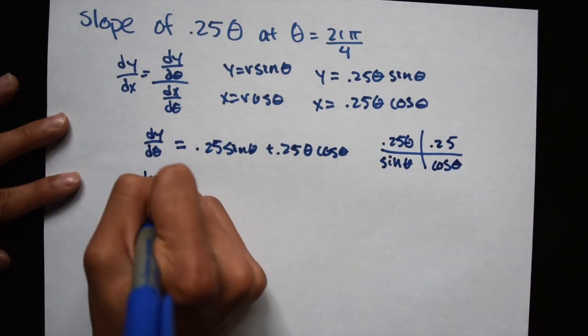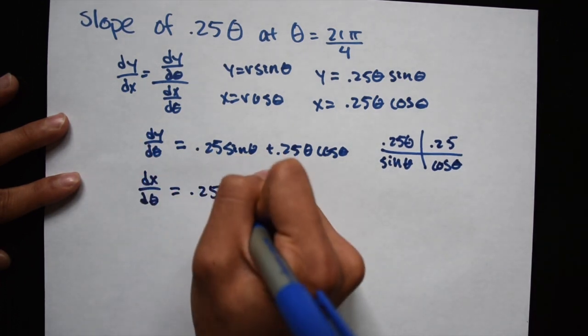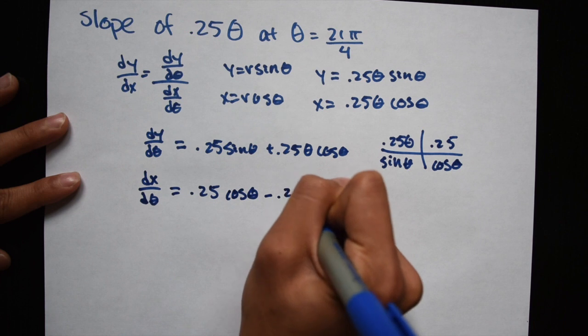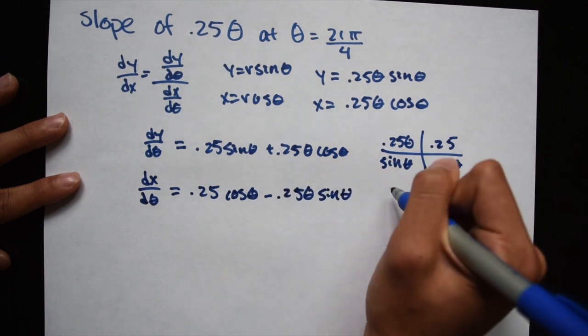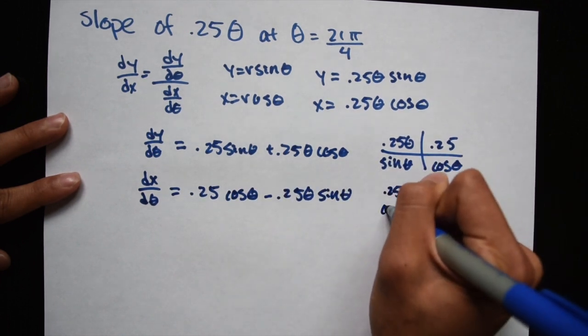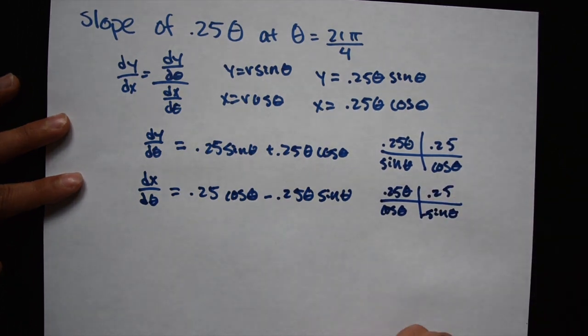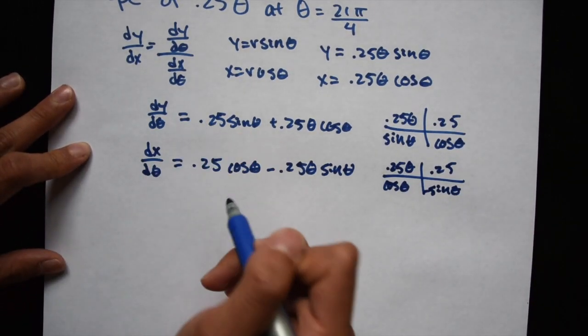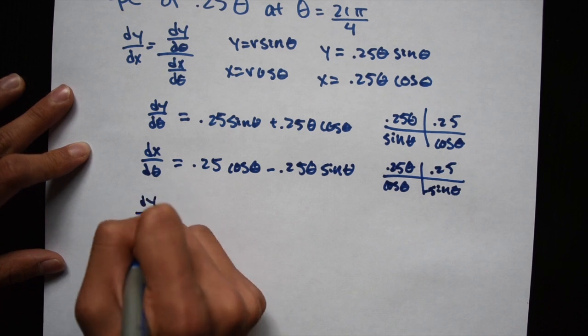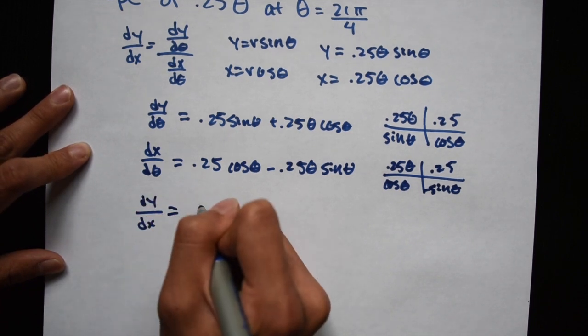Now dx/d theta equals 0.25 cosine theta minus 0.25 theta sine theta. Same thing, product rule. We can do 0.25 theta and cosine theta. The derivatives are 0.25 and negative sine theta. So now we know when we divide this that dy/dx equals